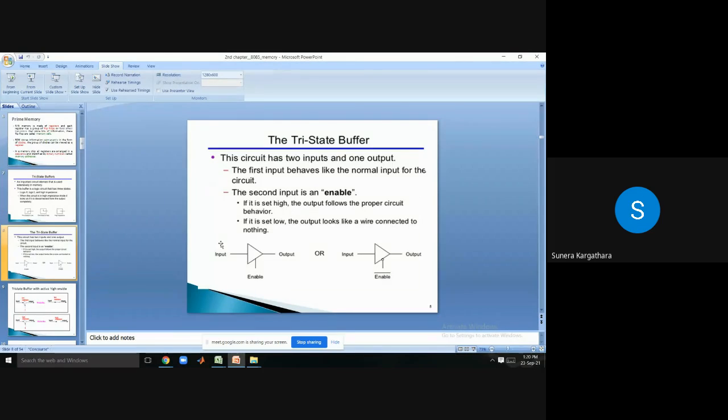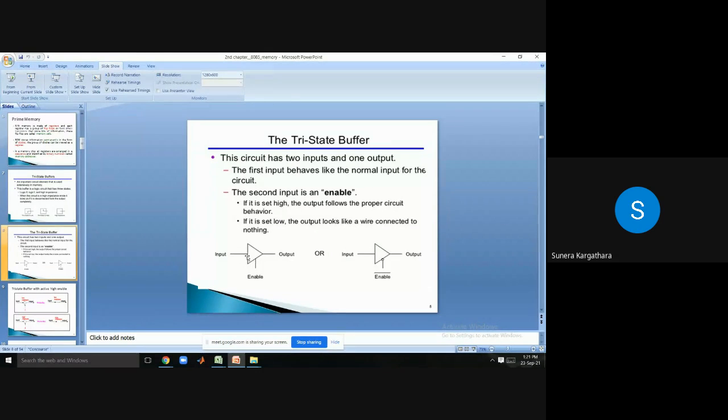Correct. Right? This can be the symbol for the tri-state buffer. You may have seen a symbol like this before. Diodes were represented this way, with anode and cathode. Yes or no? Right. If you observe, an inverter will also look this way. But make sure, student, that if you are talking about a diode or an inverter, the symbol is similar to this, but you will never find this enable over here. Only the tri-state buffer has an enable.